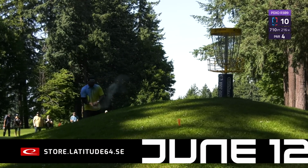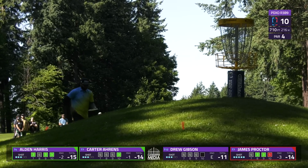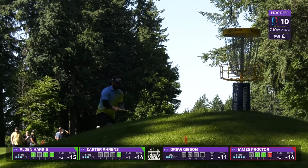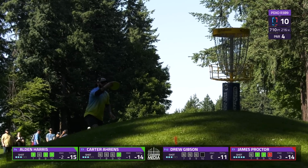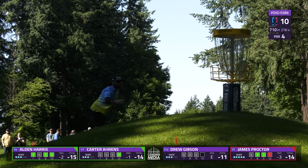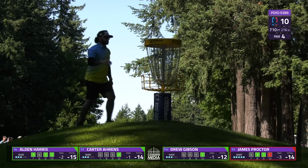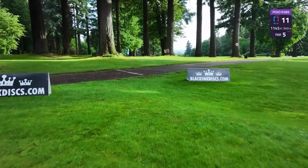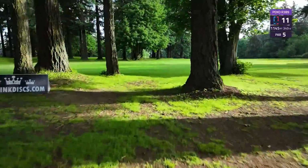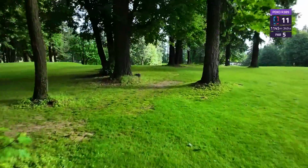And I think the nature of these courses is that you can survive maybe one bogey per nine. You have to introduce the possibility if you're playing as aggressively as you need to, to win or to be on the chase card. It's when you start stacking up doubles or multiple bogeys in a row that you start feeling the effects. Right, and we now see all of our players under par for the first time on the round. We move into hole 11,